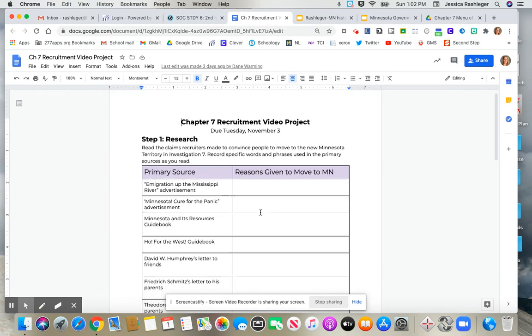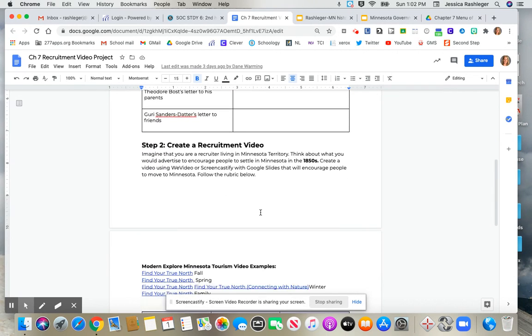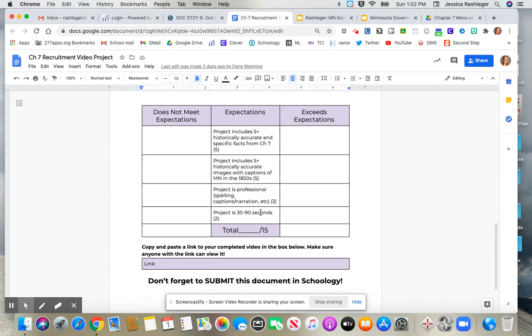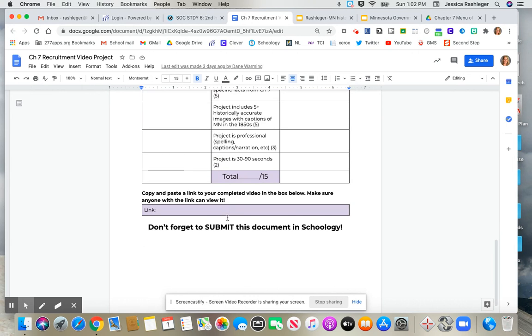and remember, this is the page that we were working on. So we did this in class together. Step 2 was what you worked on Friday, which was to create your video. Remember, follow all the expectations in the rubric, and then your final step when you are done creating your video,